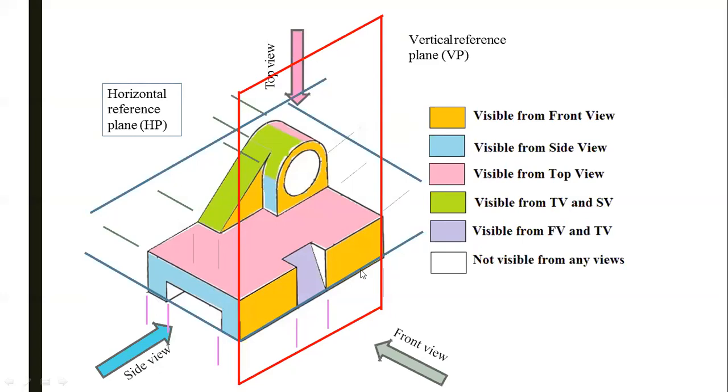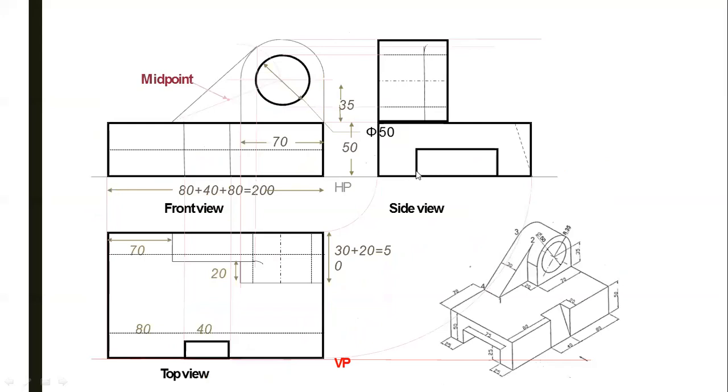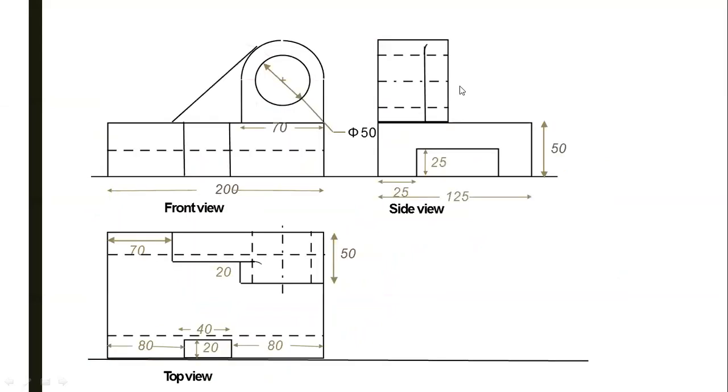It will be like this. Okay. There is a slot, and this portion is visible up to the upper center. This center is the highest point, hence it is to be drawn till this portion. Now as there is a hole, you have to draw hidden lines over here and a center line over here. This is the difference between a hidden line and a center line.